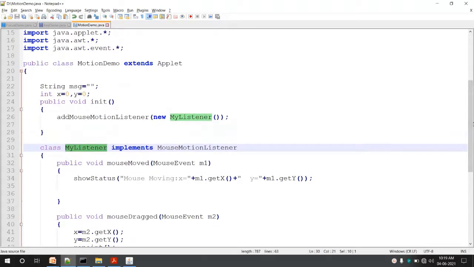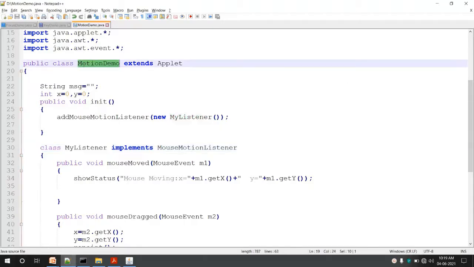And this listener class we have created separately from our main class. But if you want to create the main class itself as a listener class, even that can be done. No need to define the listener class separately. The main class itself can behave like a listener class.